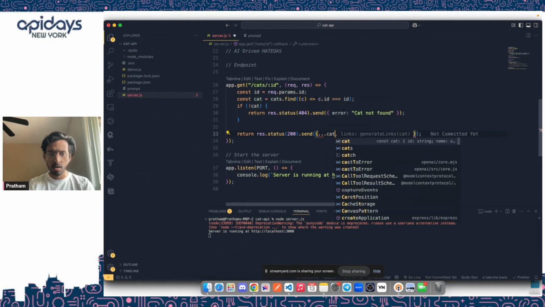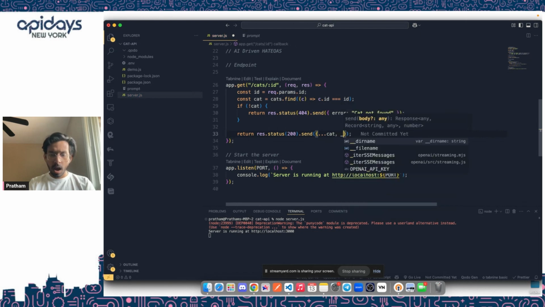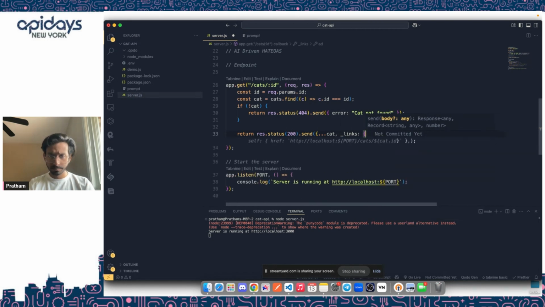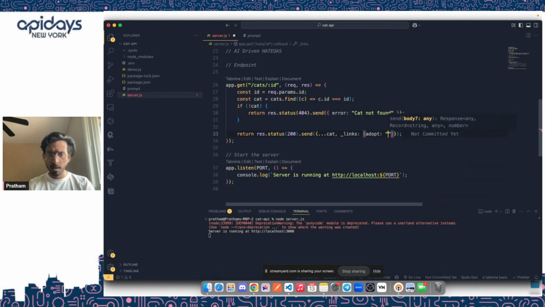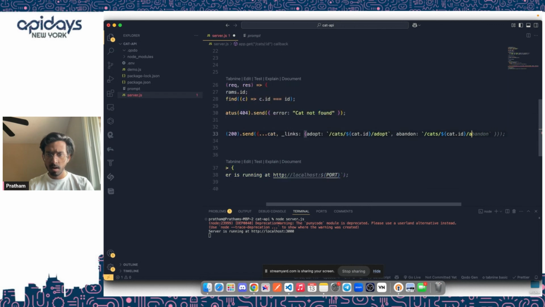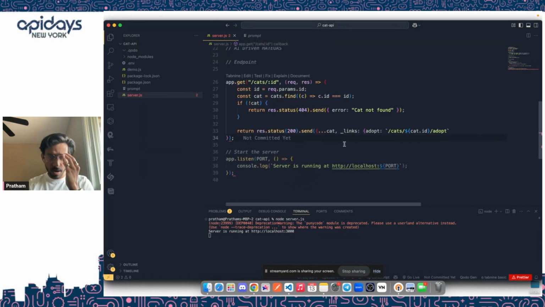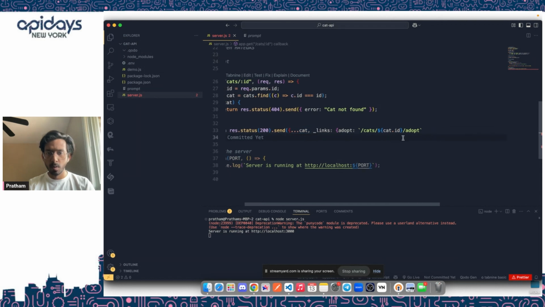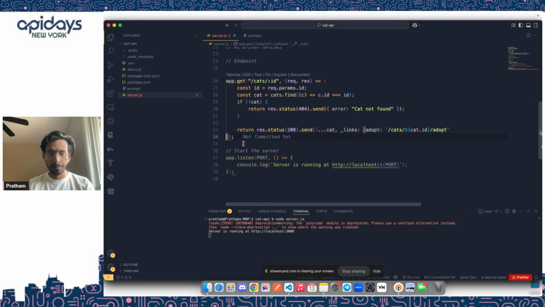Sorry, I need 3 dots, and then I would add another object over here called links, and I would say adopt, please adopt this cat. Oops, my AI is giving me more code than needed. But what I did here is I simply destructured the cat information, and I just added one extra object called links, which provides the link to